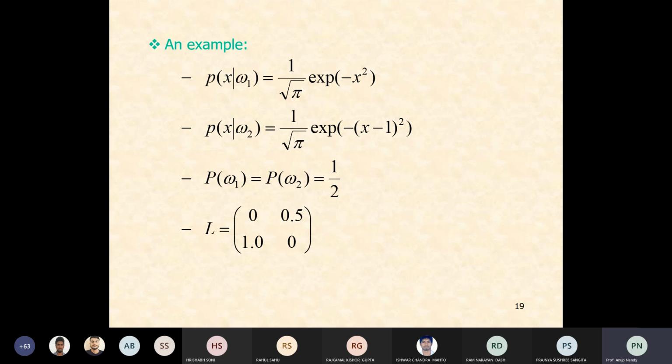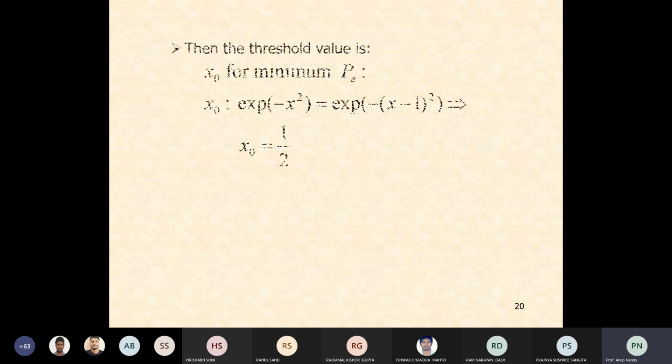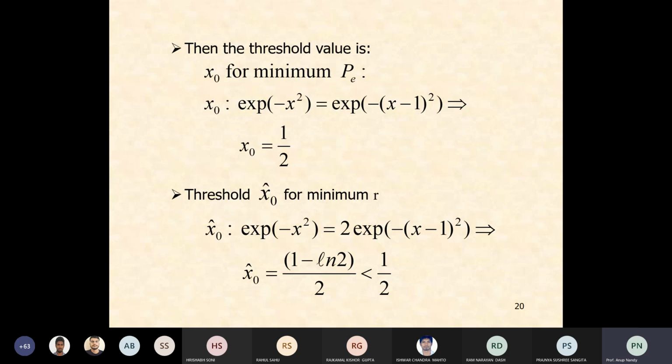x naught will be some value. You can simply do this: you are correct to some extent. Firstly, the threshold for the minimum error probability, x naught, will be half. Okay, and this is very simple. You can just take the logarithm on both sides. I mean, you have exp of minus x square and exp of minus (x minus 1) whole square. You take the logarithm on both sides, and you end up with x naught equal to